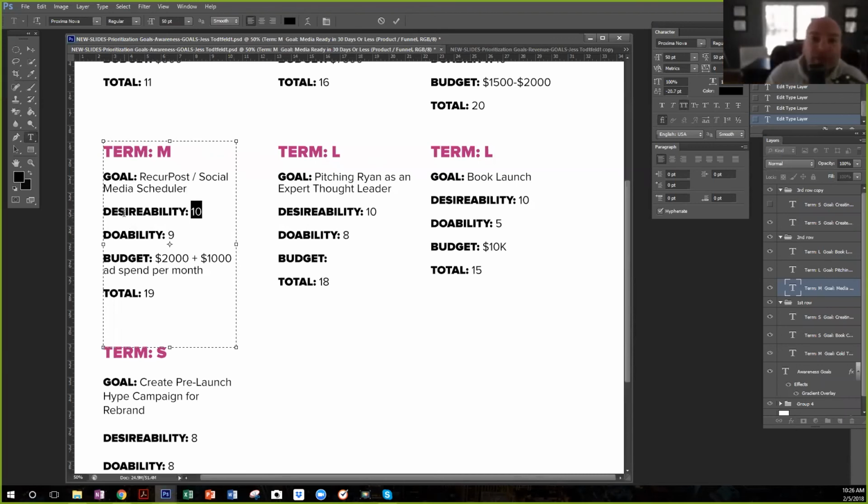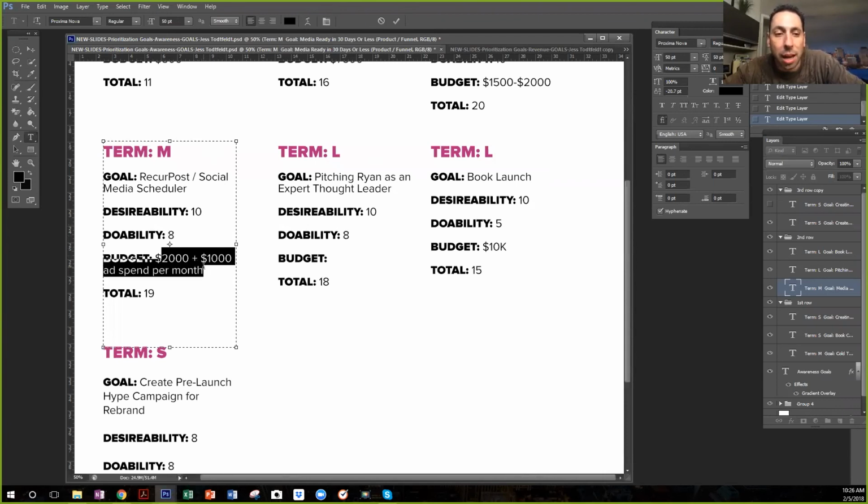Love it. Desirability, right? 10. Doability. Now I've cleared away some other stuff. I guess I'll say 8. Budget. It's just a time thing. And it's $20. I start with the free one, but it's $20. It's easy. As long as I do it, I don't care. I'll pay for the thing. I think it's like $20 or $25 a month. I was going to pay for it right away. I was like, well, let me just add some stuff in here and make sure I like this.